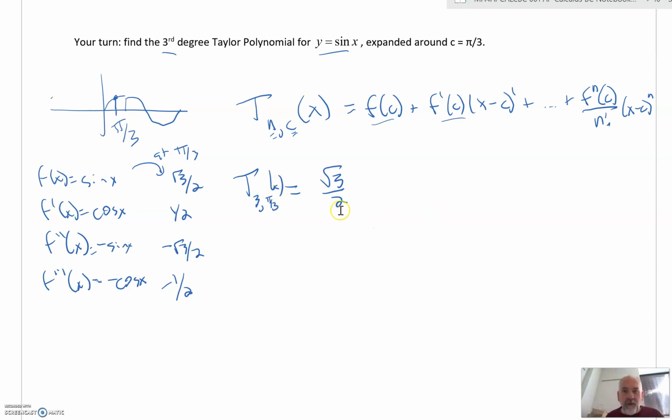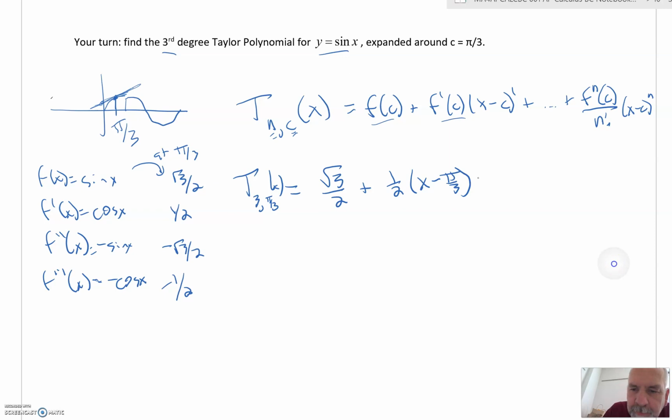Okay. So it's root 3 over 2 plus, and then f prime, so that's 1/2, so it's 1/2 times x minus pi over 3. So if we stop there, we would have a line that goes through root 3 over 2 right there, and 1/2 is the slope right at x equals pi over 3. I don't know if I said that right. Okay,